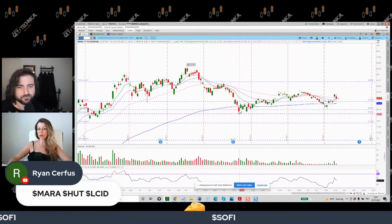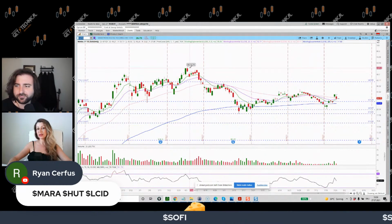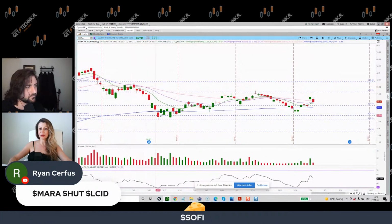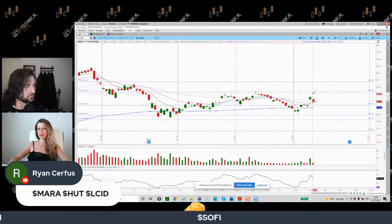It recovered from this drop, made new highs, small uptrend here. It gave it all back and is trying to reclaim again, and this recent price action is not the best. So again, if you look at the chart, this is a downtrend here. It is downtrending. You don't see enough momentum to the upside. This is the previous resistance area,